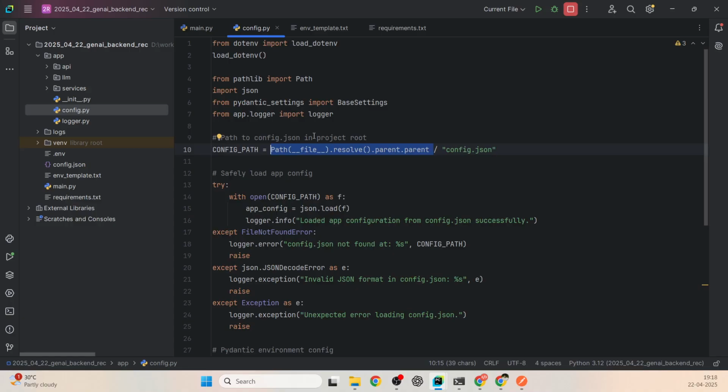So when I say path of file, this is the exact path of this file. We are going to this parent directory. The parent directory of this config.py file is app. Parent directory is basically the directory where config.py is present. So we are saying find the parent directory of config.py, which is app,